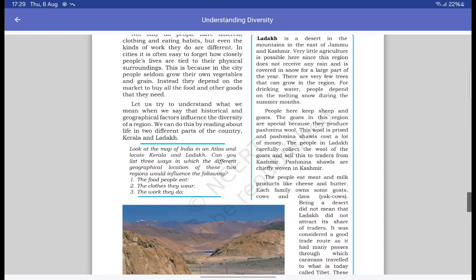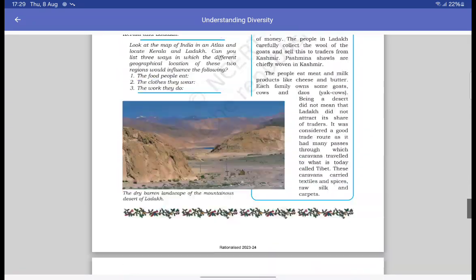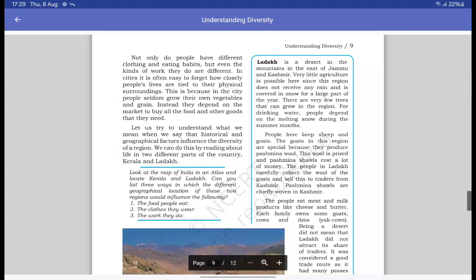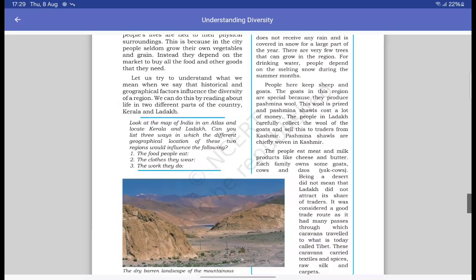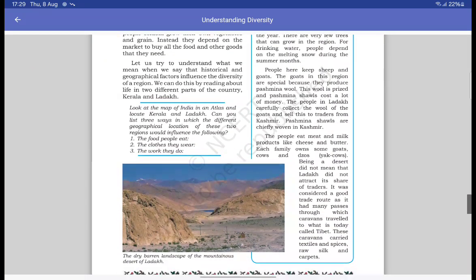I've taken these notes from this section itself, so you can read it yourself and create your own notes as well if you want to. And if you don't want to, you can just write down these notes that I'm dictating to you right now. So we're writing it in a way that you remember, you recall whenever you read these notes. We're not writing it in a detailed manner. We're just writing it down in short forms.